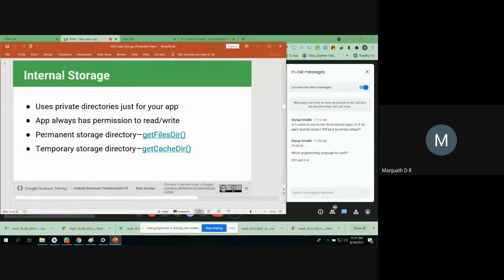Fine. So then there's one more way you can create or store the information, that is temporary. And normally temporary means it's in a cache. So you cannot think of a temporary file more than 1 MB. Okay, you cannot think like that. So suppose you just want to access the information until you want to close your application, and this information has to be stored until you close it. Then you think in terms of temporary storage. Otherwise, if it should be available every time, then you think in terms of permanent storage.